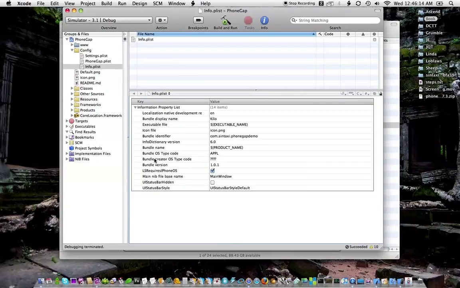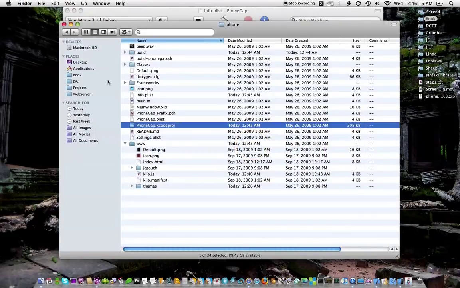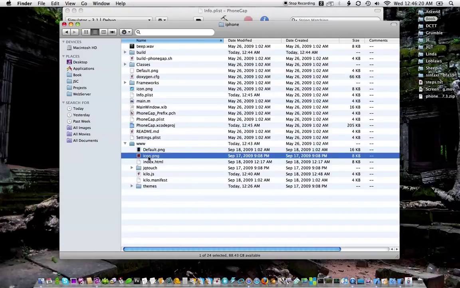So next let's change this icon to my custom icon. Let's see, we're going to go to the actual folder, and my web app already had an icon file that I was using as the web clip icon. You may or may not know, if you save a website to your home screen and it has a web clip icon, it will show up as the icon on your iPhone home screen. It's kind of cool. So I'm just going to use that exact same file,